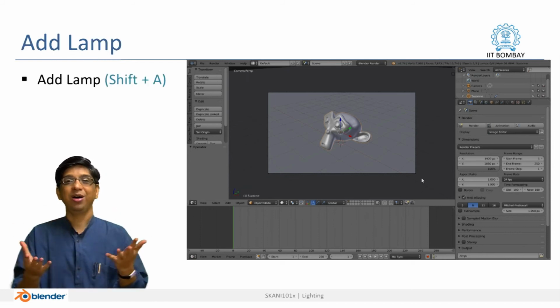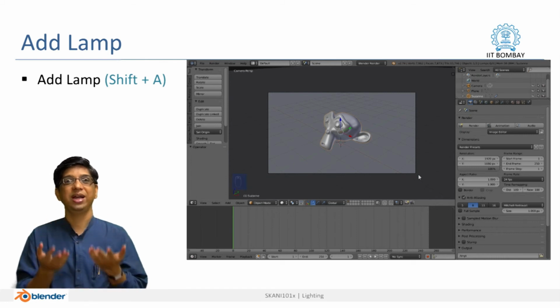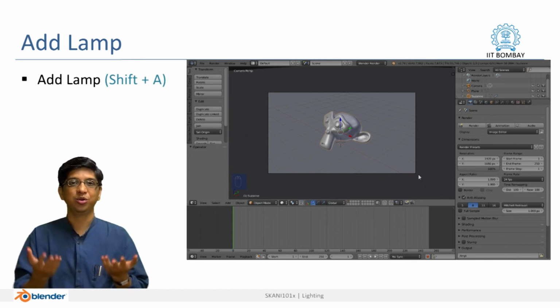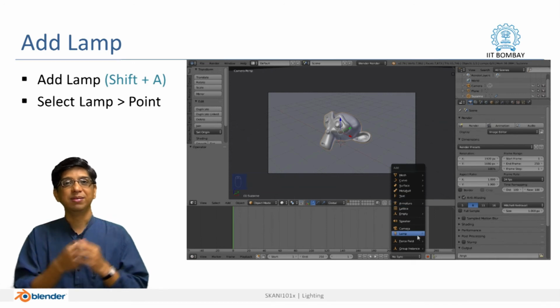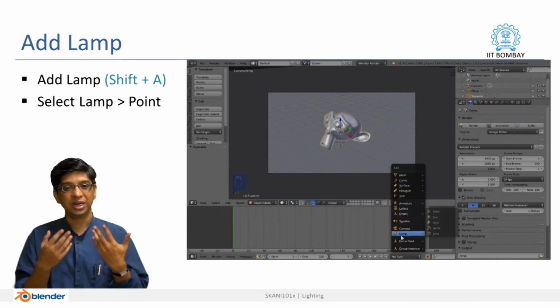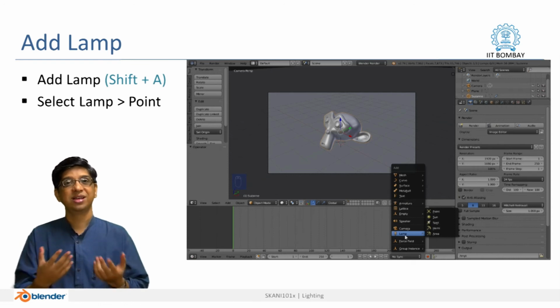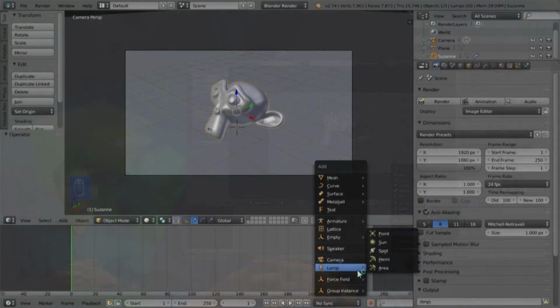So with this blackout we need to add a light, and what is the shortcut to add an object in Blender? Well, it is Shift A, you all know by now, and a light is also treated as an object in Blender. Therefore, Shift A will give you the drop down, go to lamp. By the way, lights are called lamps in Blender, it is just a nomenclature.